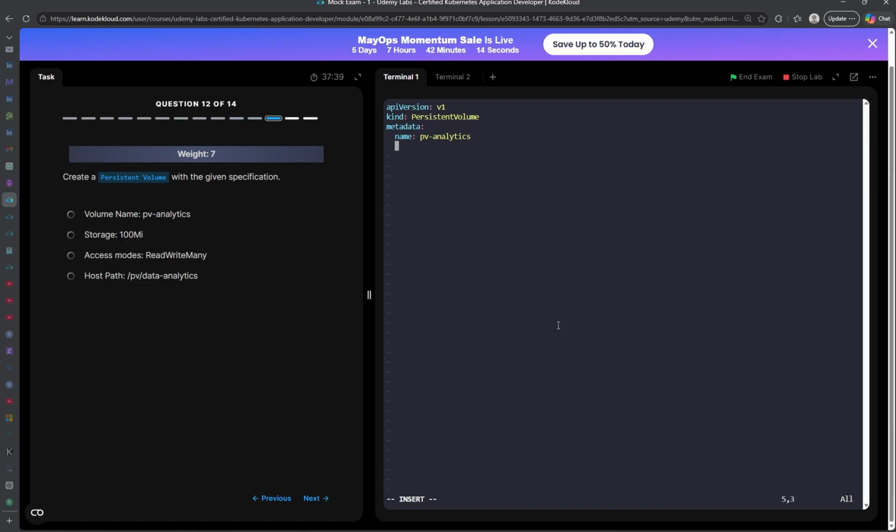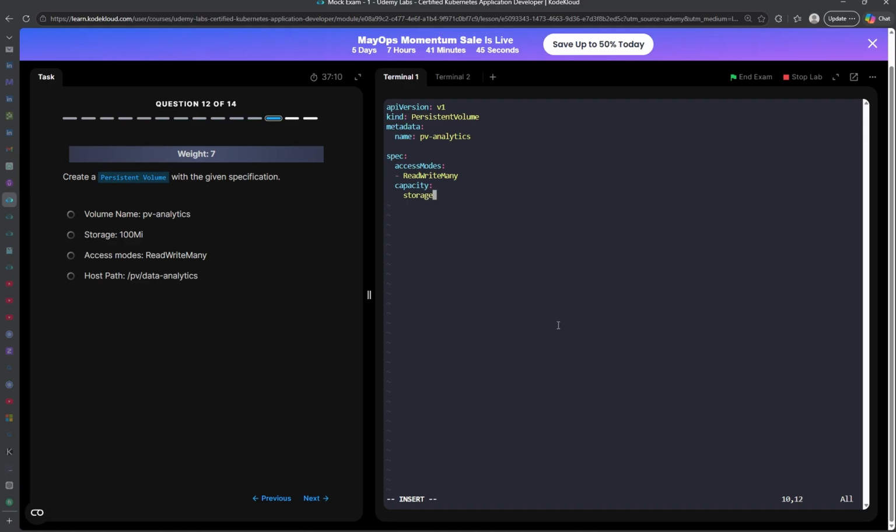And okay, so we go to the spec here. Spec. The access mode is called ReadWriteMany. ReadWriteMany. And the capacity